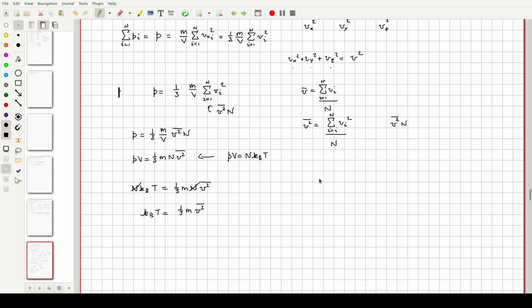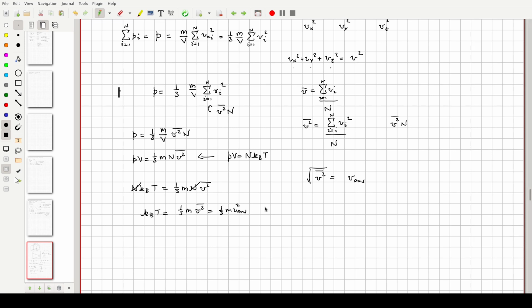Now, at this time, usually what's done is we define the following. If I take this and I square root it, what I have is something called v RMS. It's almost the mean, almost the average velocity, but not quite, because of the squaring process, it's been averaged out a little differently. So we just usually call this v RMS, or root mean squared. You take the mean of the square of something, and then you take the square root of it. So this is the same thing as 1/3